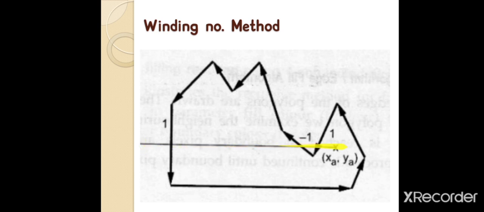Construct a line in between the question point and the point which is sure shot outside. Now for the polygon boundaries where it is going to intersect, just consider those edges and write the winding numbers. So down arrow is there, we have to mention +1. So here is the down arrow, +1. Here is the up arrow, that's why -1. Now we have to just take the addition of all these, 1 minus 1 plus 1. So here we are getting the answer as 1.